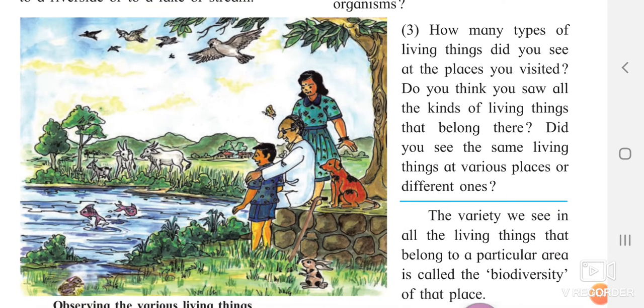Now you can see in this diagram itself, the birds are flying, the butterfly is present, the dog is present. Now, are the dog and butterfly the same? No, they are not the same. Can you tell me if the fish and the dog are the same? They are also not the same. Or is the bullock and this dog the same? No, but they are coming in one category, that is animals. So what is this biodiversity, and what does biodiversity mean?